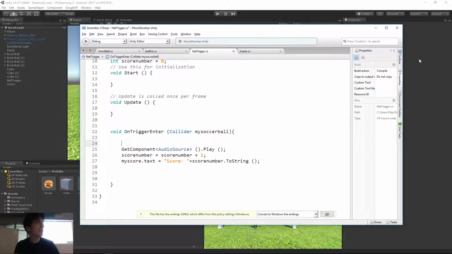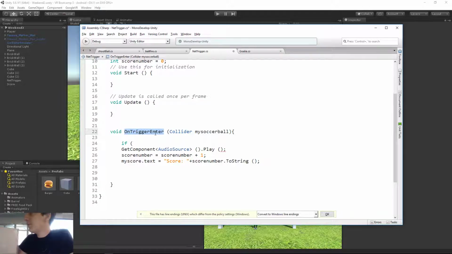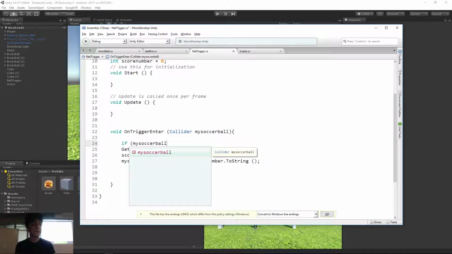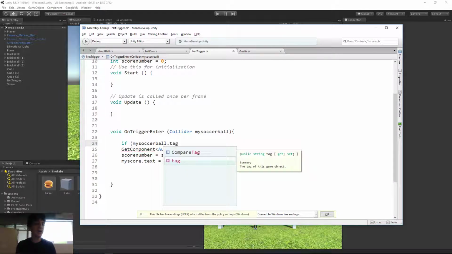And here you're going to type if. Now again, on trigger enter, and then here it says collider, my soccer ball. So that collider, my soccer ball, is what's entering the trigger. So we need to check this collider. So the way you do that is you do if, open parentheses, my soccer ball dot tag